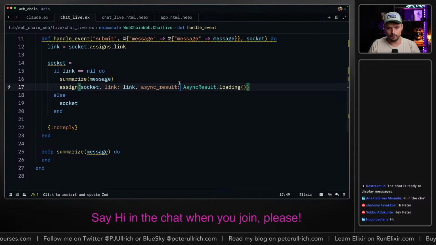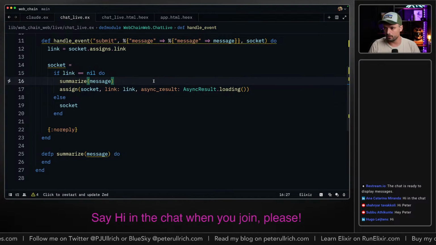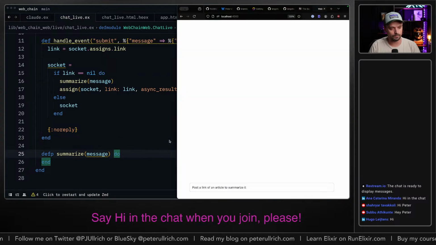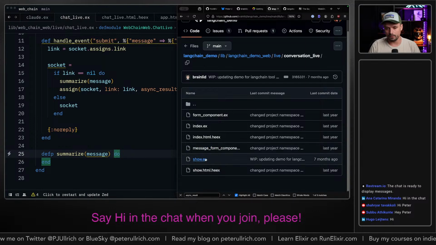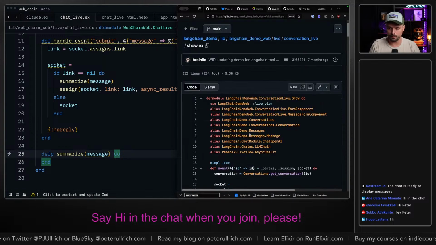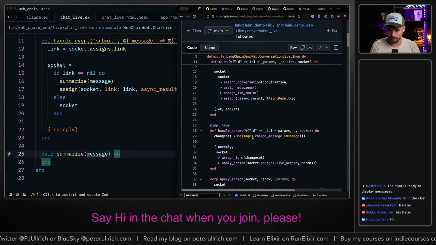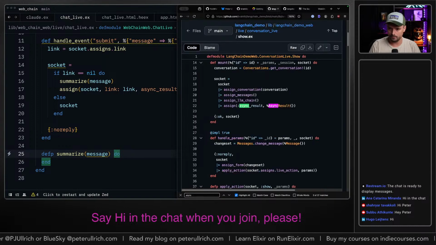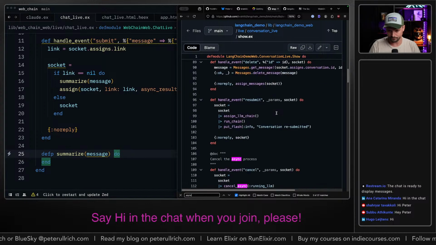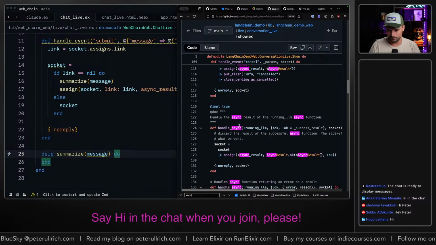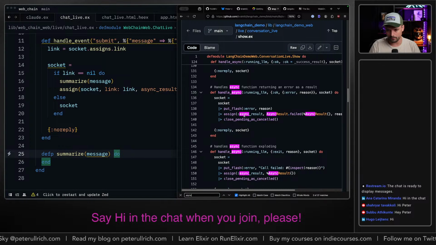Okay, so when we get the link, we set the loading spinner and we start our summarization, and I always forget how that works. But luckily we can just look at the demo here, because we want to do the assign async result now. There is something just to run something async.